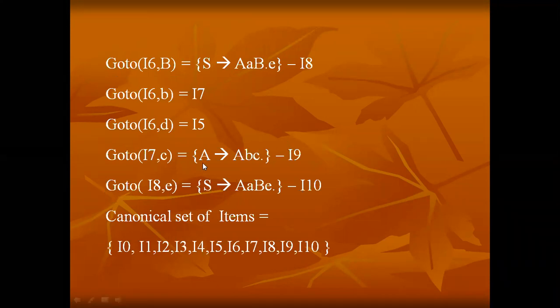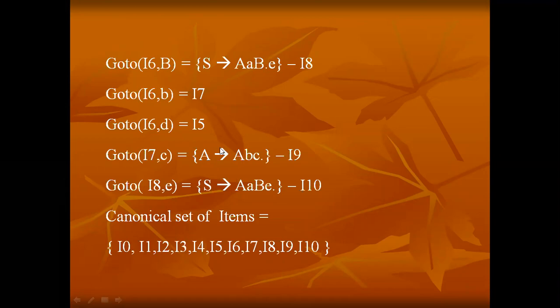And what is the rule? A tends to ABC, right? That means we need to consider the follow outputs for A. When we are writing the reduces, only then do we need to consider the follow outputs. That's why I considered the follow of S and placed R1 at 10 comma dollar. But here, for the second rule, R2, the dot is processed at the end of the production rule in item number 9.